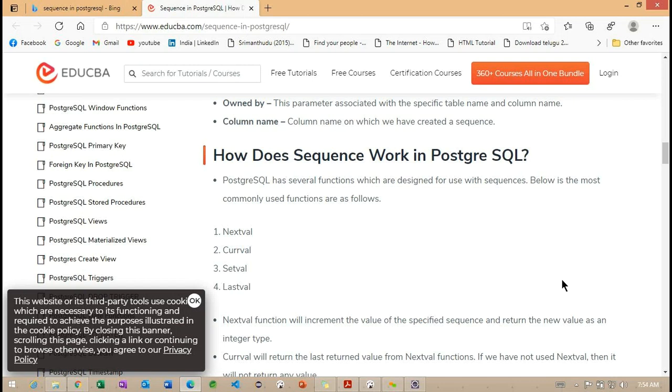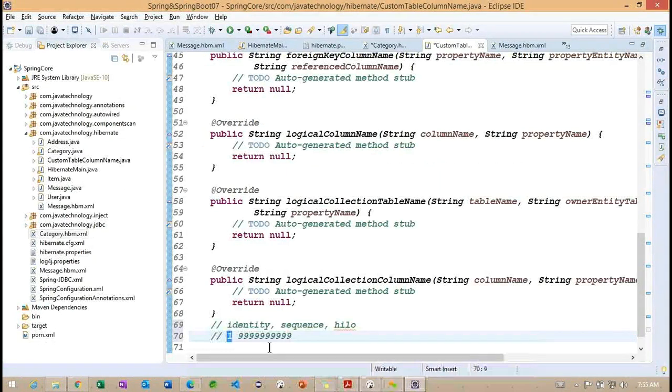Now in a real-time application, we are not going to use this particular Hilo data generator class. Getting the point? Most of the time we'll work with identity or sequence. So we understand how identity works. Identity is going to work the same as Hibernate increment, but the initial value is going to be generated by the database.